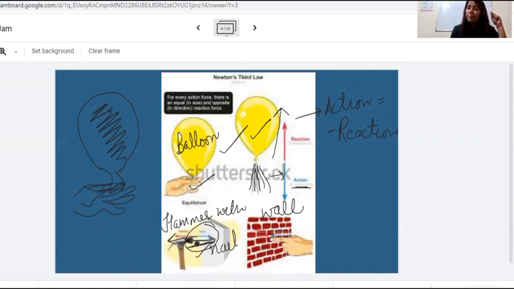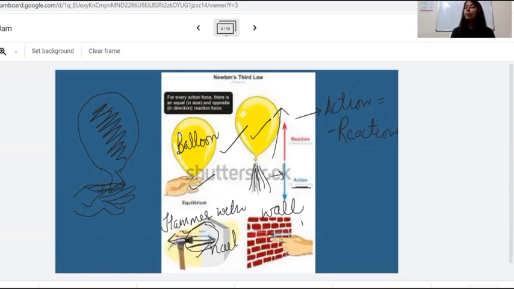So when we beat the nail with the help of the hammer, this nail is penetrating inside the wall, and in turn this nail is applying force on that hammer. Means action is there, but on the other side reaction is also there in the opposite direction. That's why due to the hammer, the nail is penetrating inside the wall.